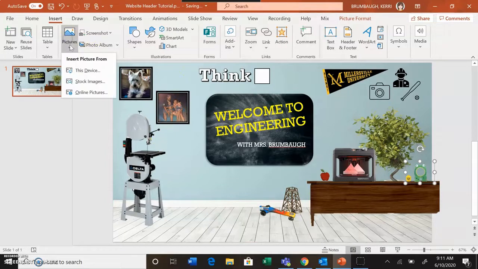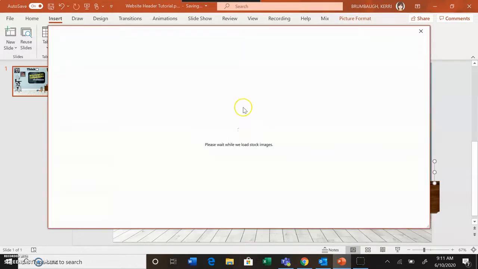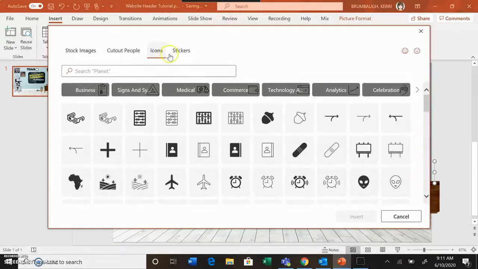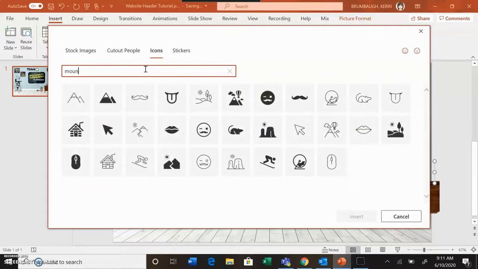And then I also used stock images. These are pretty cool. So you can click in and type different things that you might want to search up. There's icons and stickers. I actually used icons to show some of the hobbies that I have. If I wanted to, I could even add some hobbies. So maybe I can look up